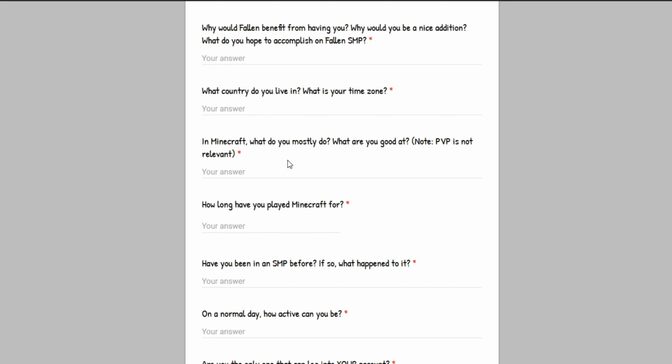How long have you played Minecraft for? This is just gauging if you're a new person, and we might have to help you a little bit with the rules and what Minecraft is, or you're a veteran and you get it, and we just need to sit you down with the rules, walk away, and tell you, have fun, that kind of thing.